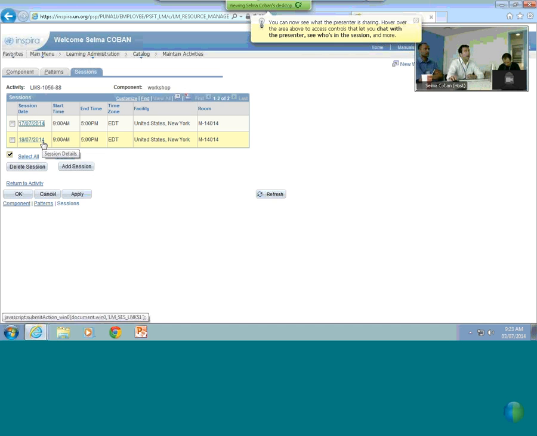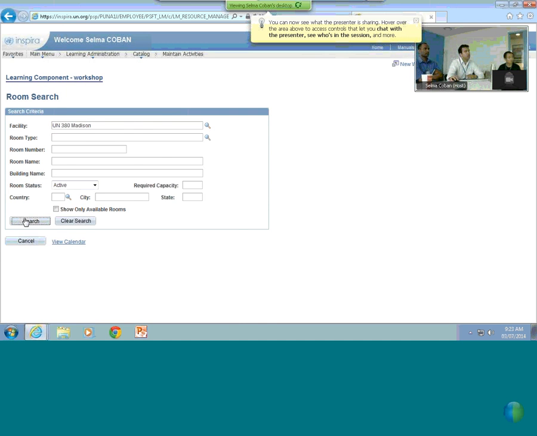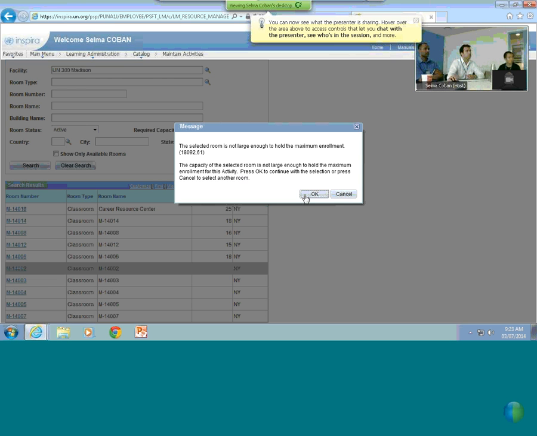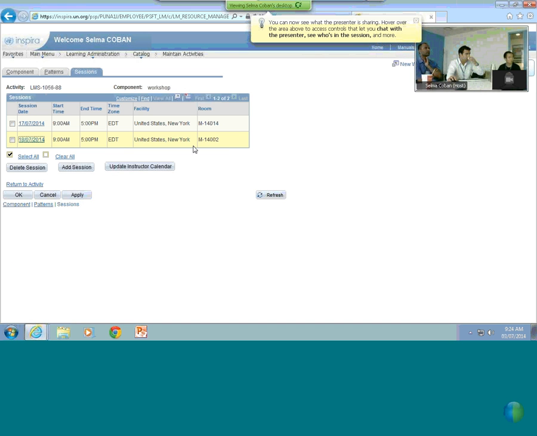Let's say I want to change this one. I'm going to click on the second session. You can change the facility and the room. In this case, let's say it's not the 14, it's going to be the 2. I'm going to click OK. As you can see, I changed the room.